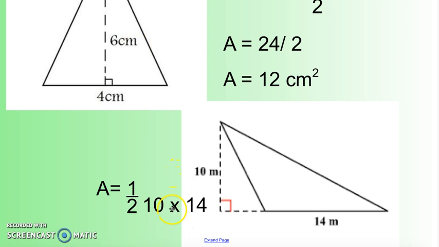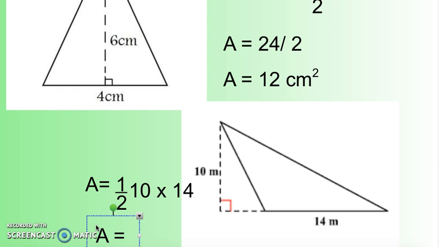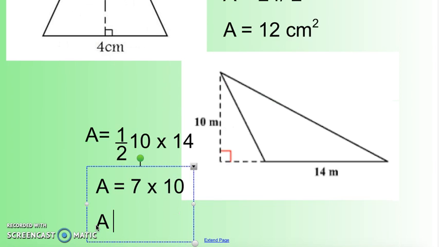Let's say, for instance, I don't want to multiply 10 times 14 and get a bigger number. I want to actually start off by taking a half of 10 or a half of 14. I can take a half of either one and then multiply it by 10. So let's take a half of 14. What's a half of 14, or 14 divided by 2? 7 times, and my other number is 10. And so I get an area of 70. Now I want you to see that I would still get the same area even if I did